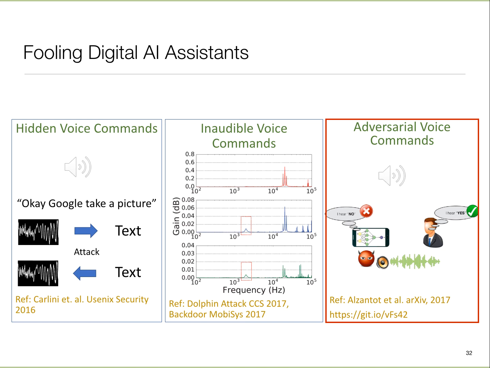So the idea is that we want to design these attacks where I have two sensors, a human and the real sensor. The human interprets it one way, so if it's an image, the human thinks it's a cat, but the machine thinks it's a dog, even though every human will think it's a cat. So these are called adversarial inputs, and in case of sound, they take this form, that there is a sound clip which most humans, or all, hopefully, will hear one way, but these common ML models will hear